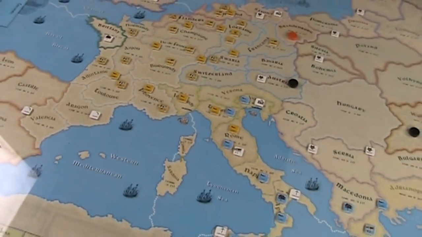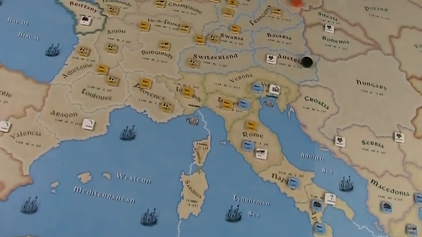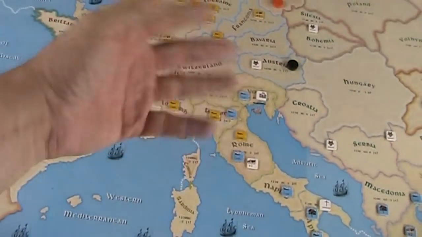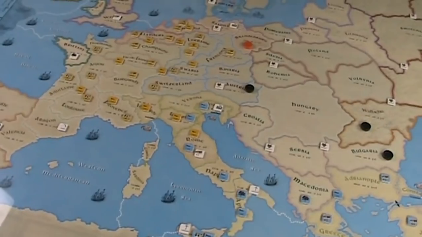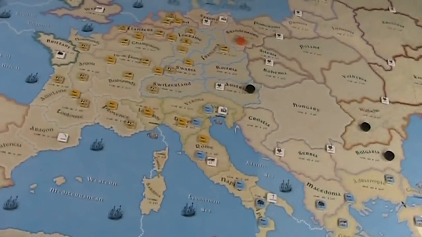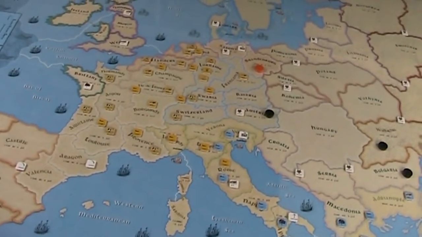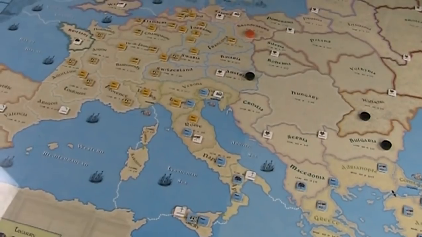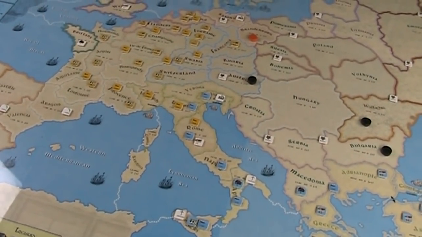You get more victory points if the region has a high social status. You get additional points if you have a claim to the region, and you also get points for colonizing areas and for